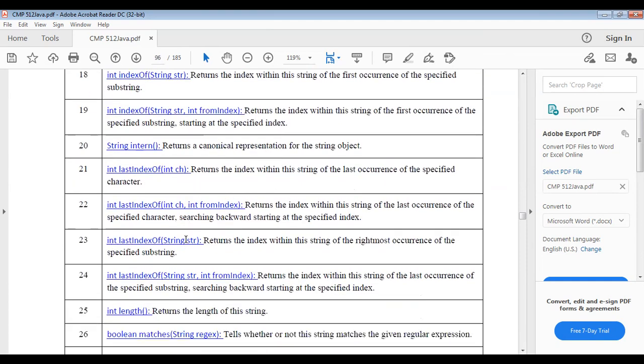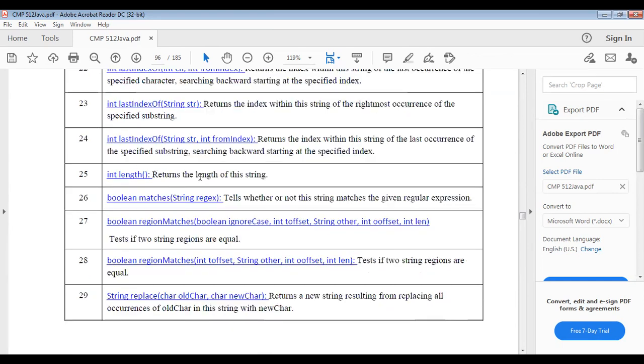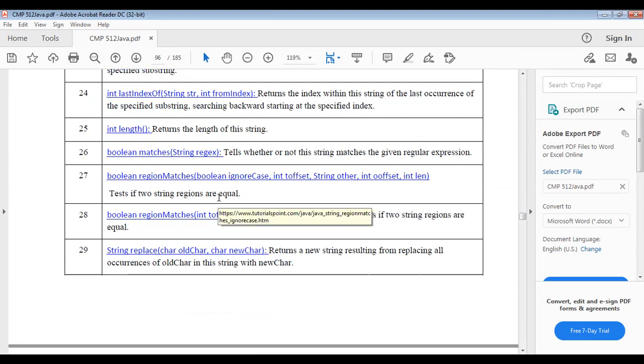Int length returns the length of the string. Boolean matches(String regex) tells whether or not the string matches the given regular expression.